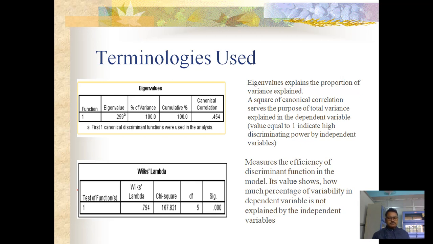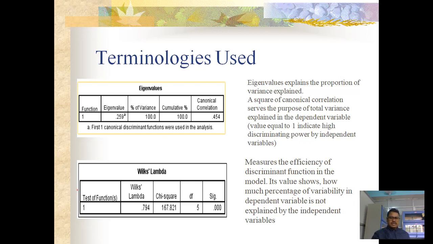So it says that in this particular analysis, 0.79, almost 80% of the variance could not be explained by the independent variables in terms of the group characteristics. So it says that we could have incorporated more characteristic traits which could differentiate between the two groups. However, Wilks lambda is significant. That means there is a significant discriminating power in the independent variables that we have included in the analysis.